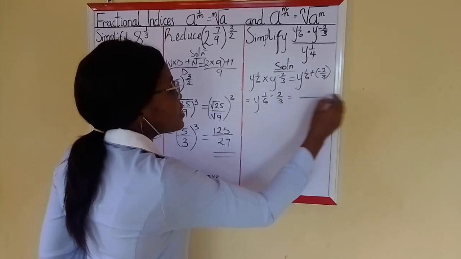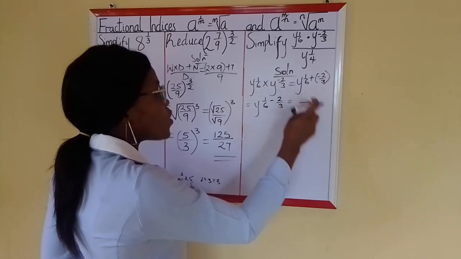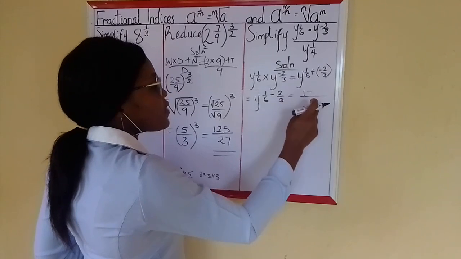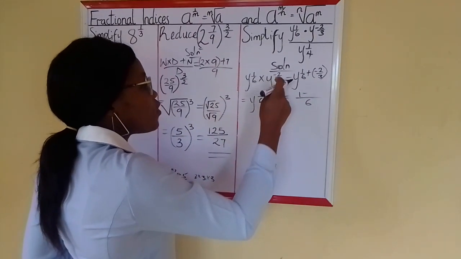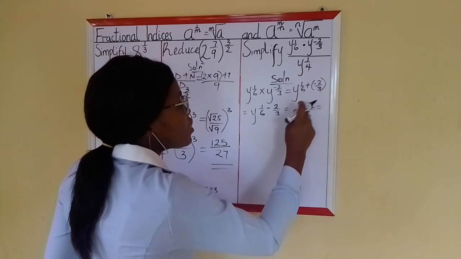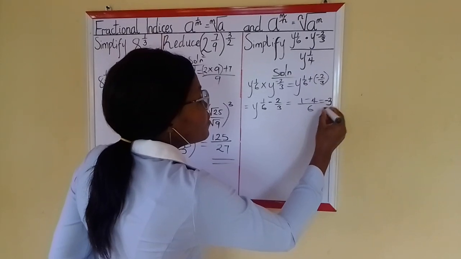Here we are going to find the LCM. The LCM of 6 and 3 is 6. 6 divided by 6 is 1, 1 times 1 is 1. Minus 3 divided by 6 is 2, 2 times 2 is 4, minus 4. This equals 1 minus 4, which is minus 3,